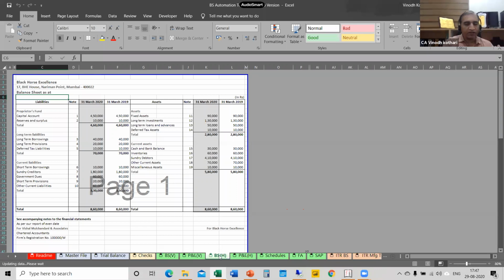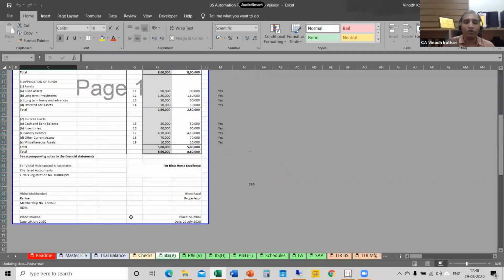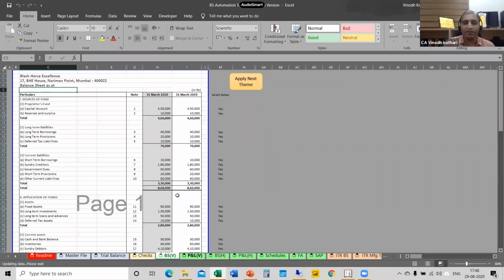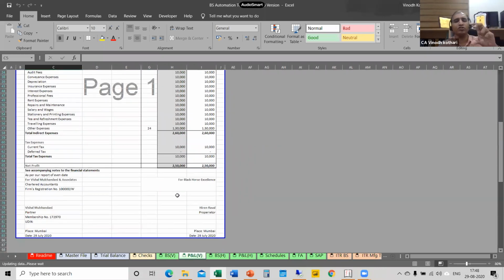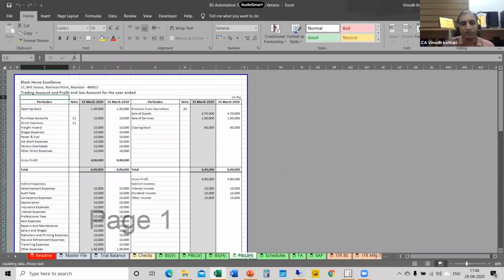And again, certain regrouping you need to do in this trial balance after linking it, and automatically this balance sheet will be prepared with all your names, all the data which is in Tally. Then your P&L will be prepared. Only certain adjustments you need to make for your inventory values and your P&L values. Otherwise, all the data will be linked. Again, this is the vertical balance sheet and P&L. This is the horizontal P&L format which is available. Both options are provided. Whatever is suitable for you, you can take.